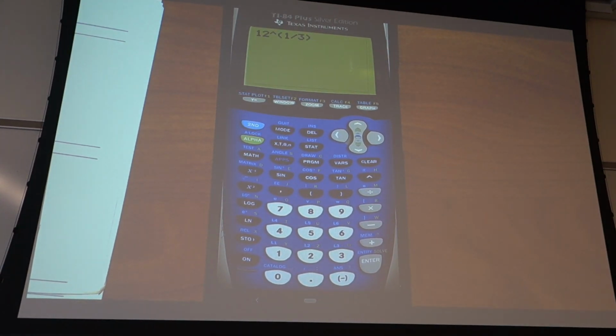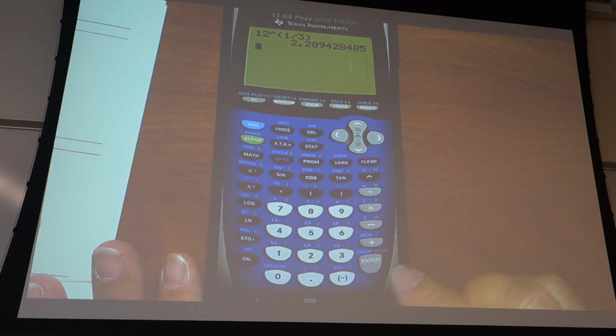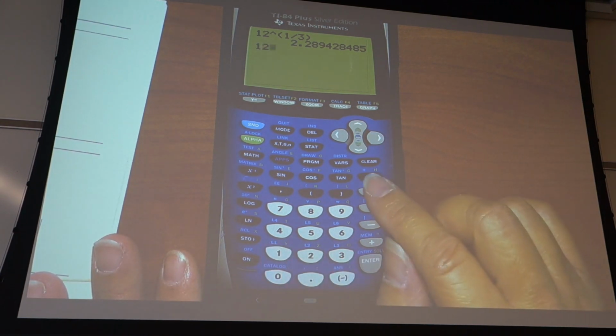So that should be your first one. It has that first one written in, you have your answer written in. And then here's 1,000. Thousands is the third decimal place. And then let's look at B: 12 raised to the